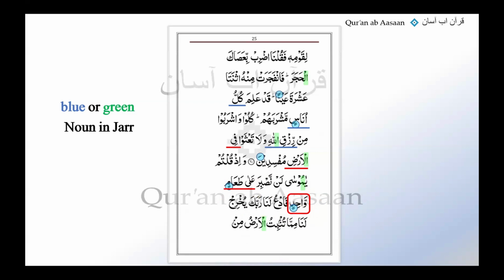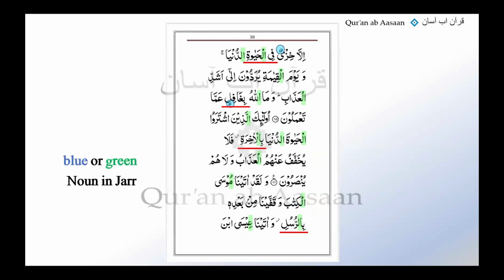Okay, moving on to page number 38 now. Anyone on this page? Al-Qiyamati, good. And looking back, Yawma, we are familiar with Yawma. Yawm al-Qiyamati, that's a Murakkab Idafi. There we go. Any other one? Al-Azabi, yeah. And looking back, Ashadd al-Azabi, that is no al, no tanween. So together they make Murakkab Idafi as well.